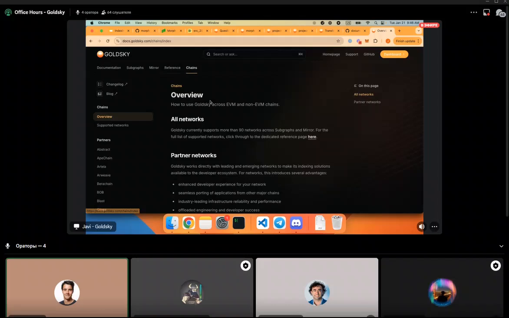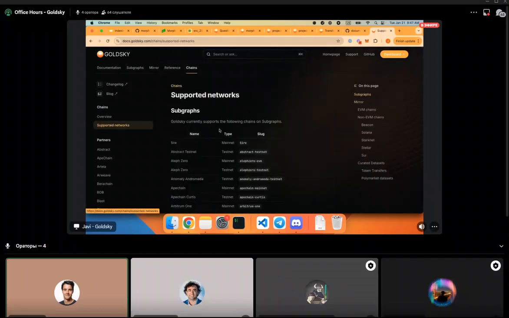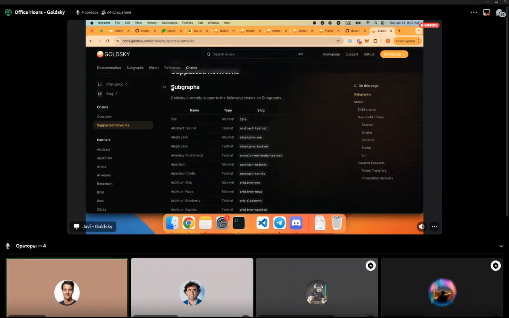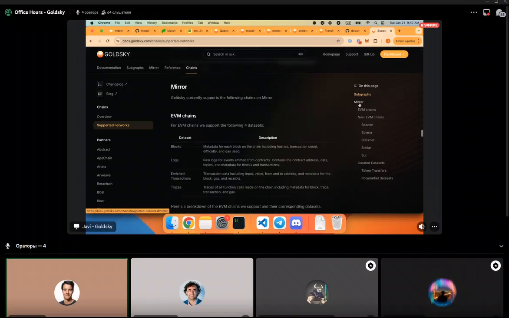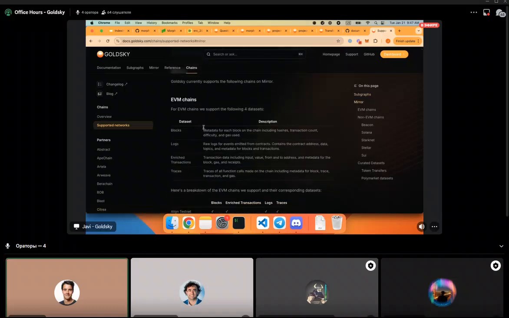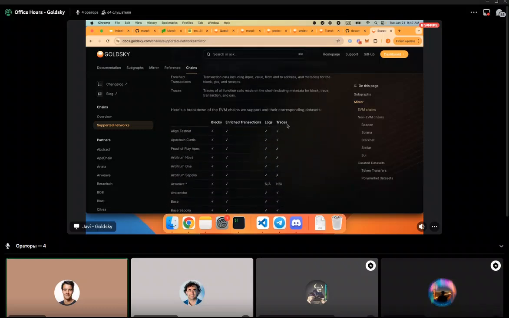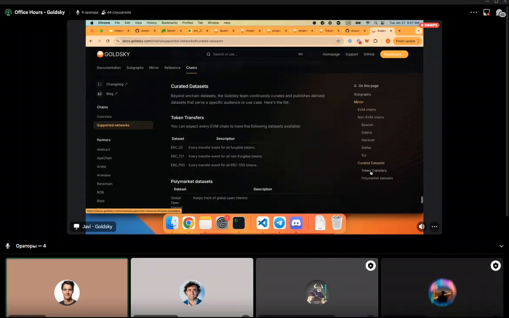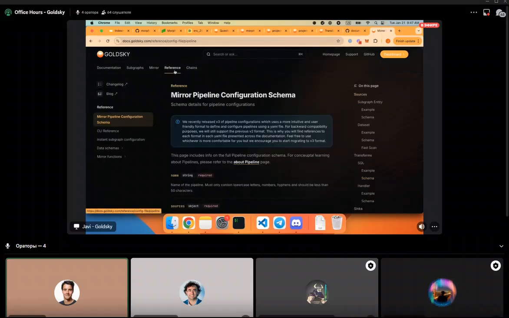Here you get to see all the chains that we support. For subgraphs you see all the networks that are supported, and then for Mirror, you see all the EVMs that are supported, as well as the type of data that you can expect from it. And then what you mentioned, for example, these Polymarket data sets as well. Here is an explanation in simple layman terms of what this data is about. Then you have a reference